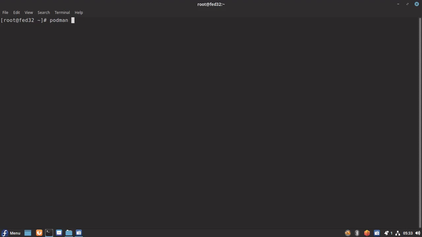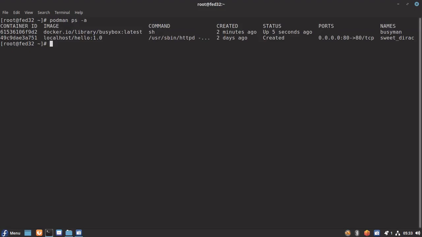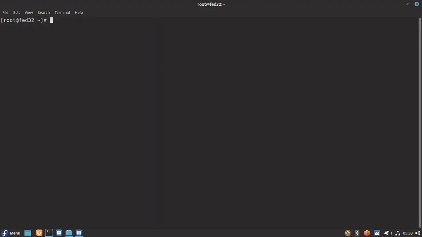So let's try to start the container busyman first. Okay, now our container is up. So let's try to connect to this container now.